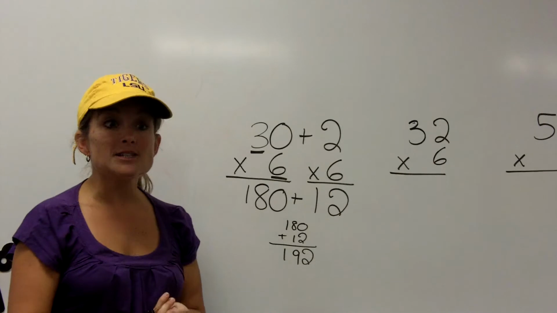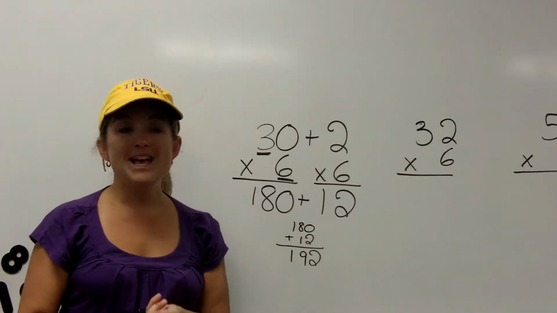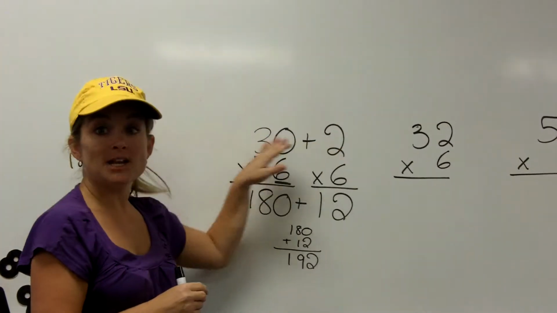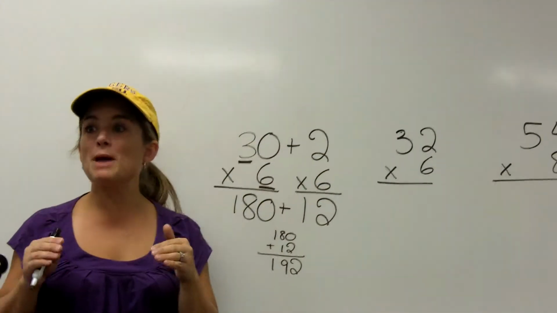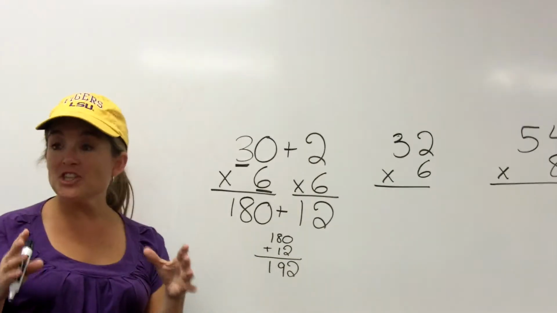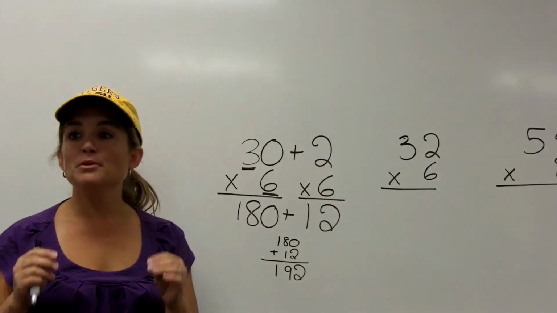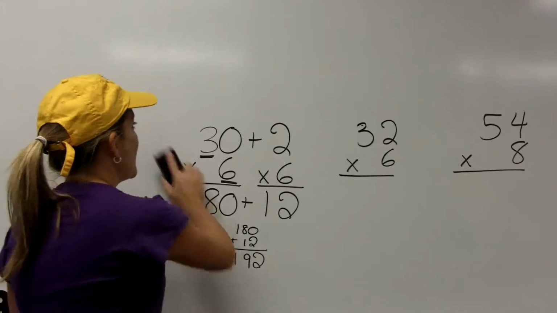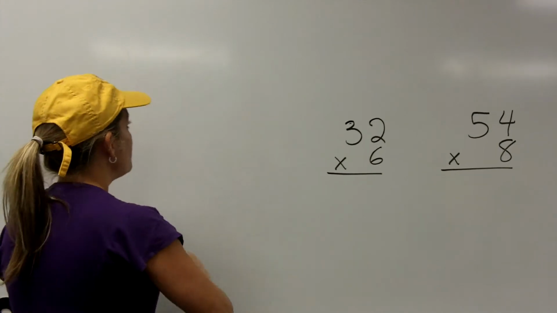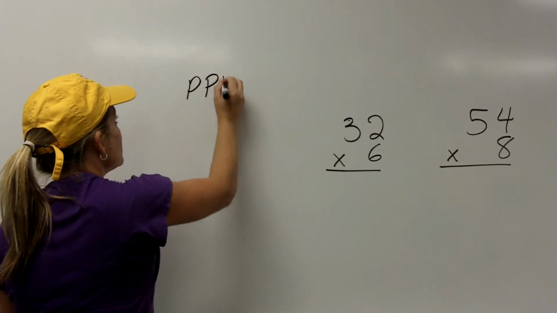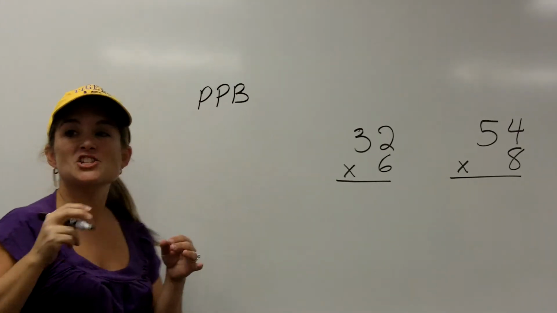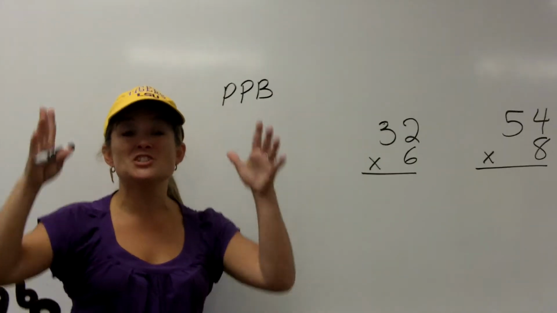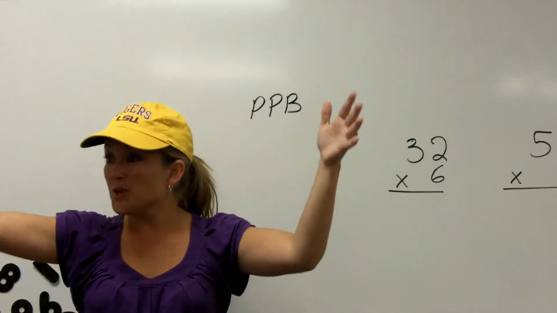Remember, products is the answer to a multiplication problem, and that is part, breaking it up into parts. That's what I'm going to do in the strategy that I want to show you, but I'm going to put it into partial product boxes. And I like to abbreviate PPB, partial product boxes. And this is the strategy that's going to help you when you get into 2-digit times 2-digit and 3-digit times